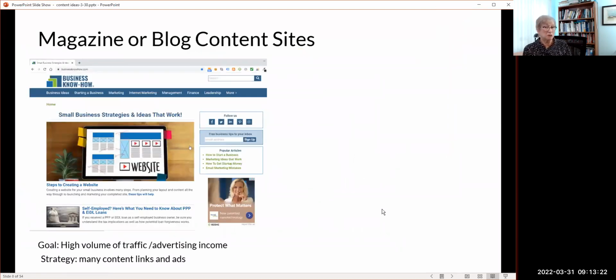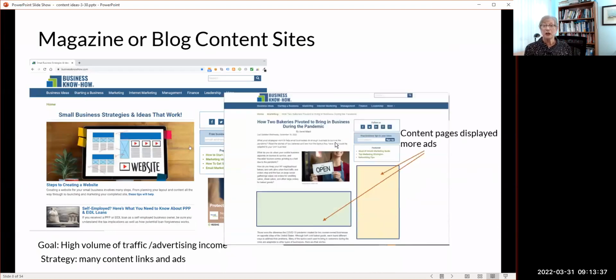So, for example, this is what Business Know-How looked like right before we sold it. We had articles on the home page with little blurbs that entice people to go read the articles, and we had some ads, and we had a place to sign up to get our newsletter. And when somebody opened up one of the articles, they would get the information they were reading about, and we put the ads right where they would see them, because the ads were also content for them in many cases, because it gave them products or services they might be interested in. It also helped us make money.